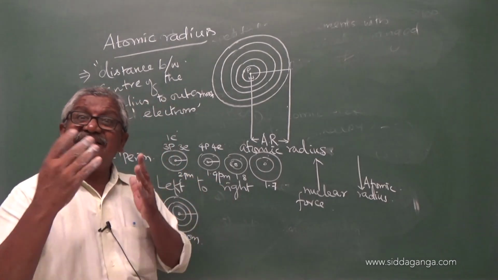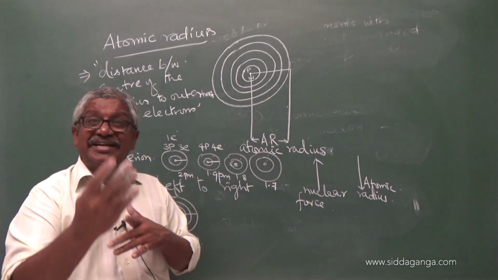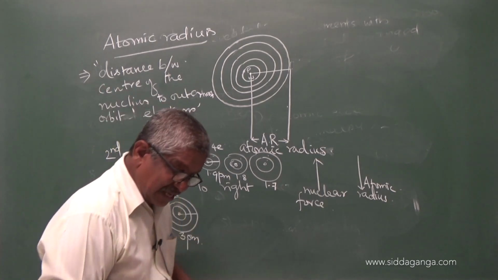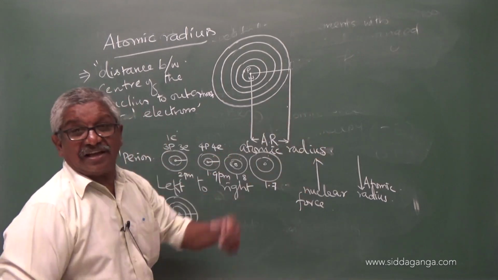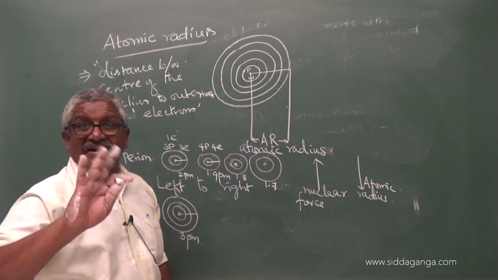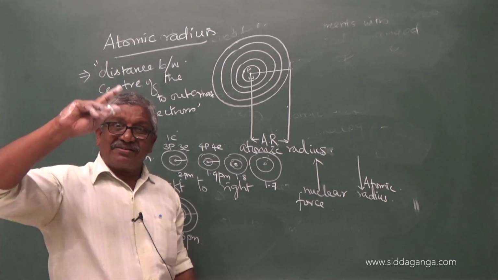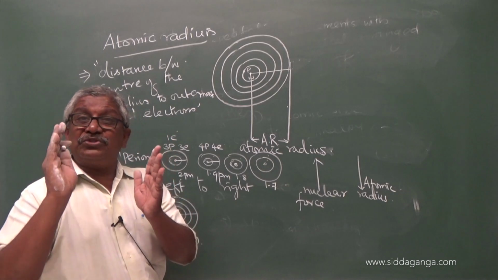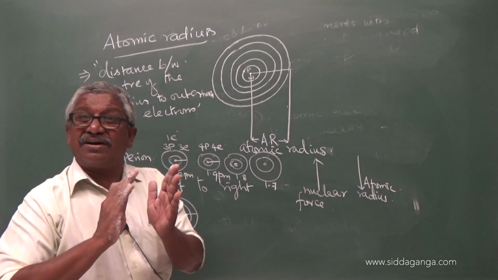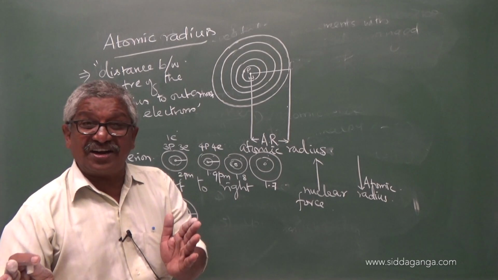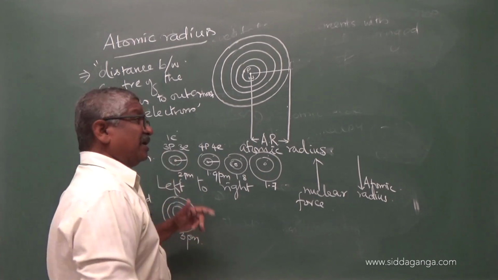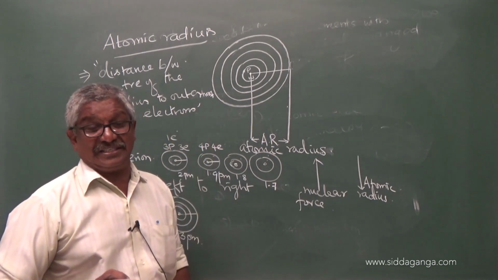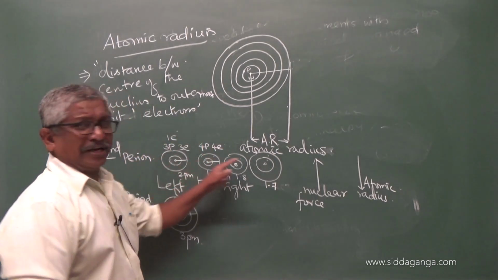That is why there is another way the atomic radius is identified, that is effective atomic radius. We call it effective atomic radii or radius. We are not calculating the atomic radius, we are calculating the effective atomic radius, because the position of the electrons is not easily identified, it is unknown. Remember the 2 points.